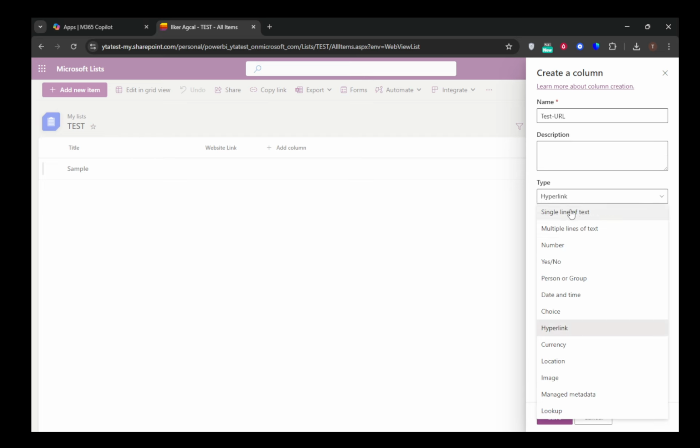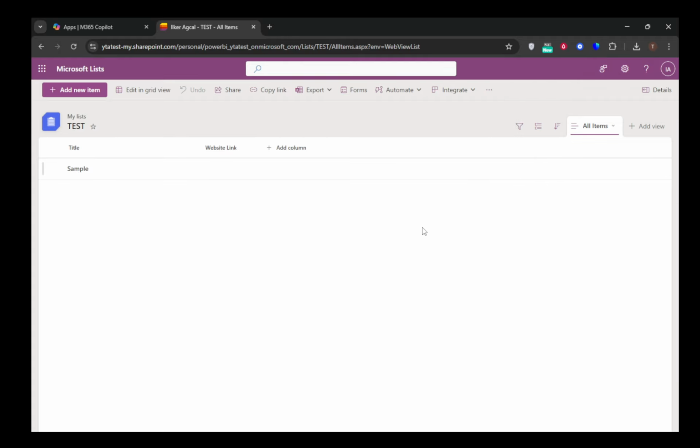on the web. When you proceed to add or edit items within your list, you'll notice that this new column provides two distinct fields. One is the URL, which is where you copy and paste the web address you want to link to. The other is the description field. The description is a user-friendly text that will be displayed as the link itself. Think of it as the title or label that tells users where the link will take them without exposing the